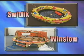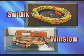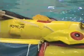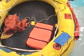The life rafts that are put on FAA aircraft are of the highest quality. The two life rafts you will find are the Winslow raft or the Switlik raft. But without proper knowledge of the raft and its components, you put yourself and your fellow crew members at a disadvantage. Some of the features of these life rafts are CO2 and nitrogen inflation system with oversized buoyancy tubes,